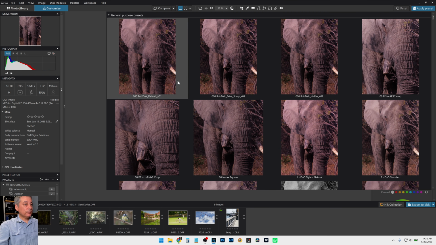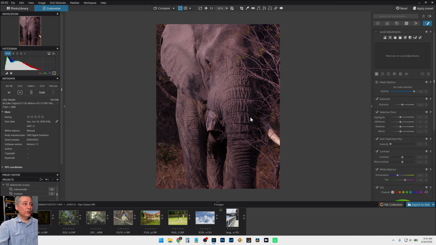I'm going to go with extra sharp on this one because when you can fill the frame with the subject like we have here, I think the extra sharp preset works pretty well. And I can always back it off manually in the tools menu over here. But we're going to start with that. And then I just look at the overall exposure, white balance, and composition,